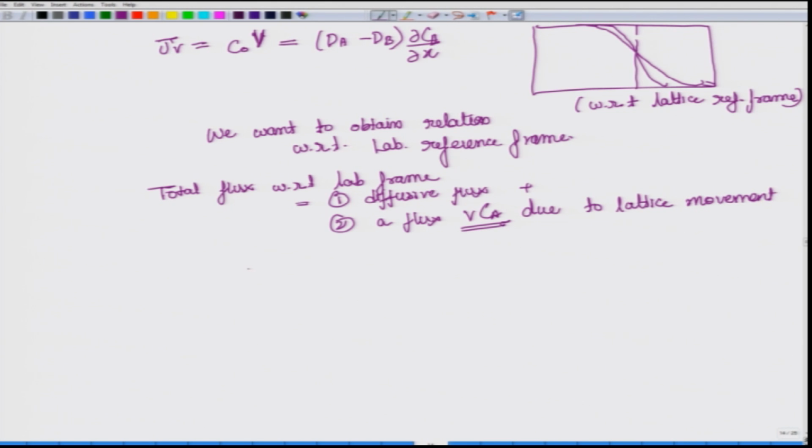We can denote this flux with respect to the lab reference frame by this prime. So, this prime denotes lab reference frame flux. This is equal to J, which is our diffusive flux, plus this quantity VCA, which is because of the movement of the lattice, and this can be written as minus dA del Ca by del x plus VCA, and we have seen the relation for V over here. So, we can change it to minus d